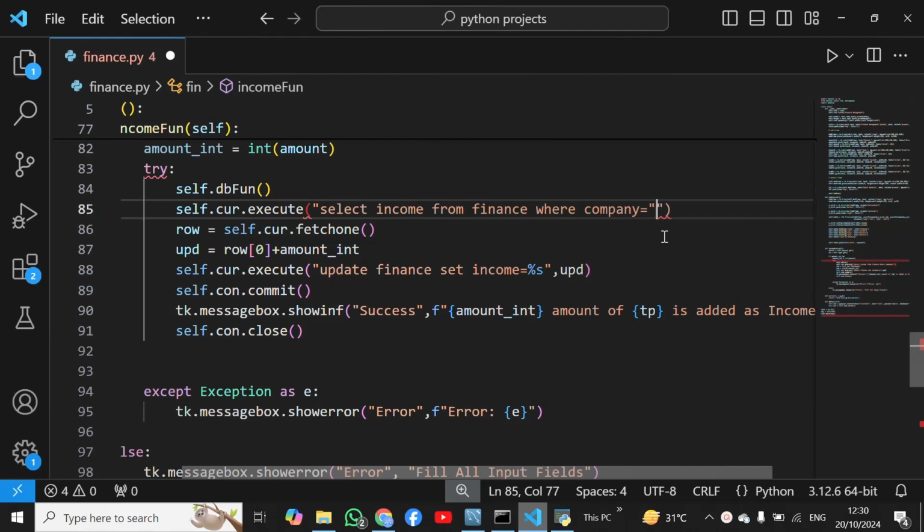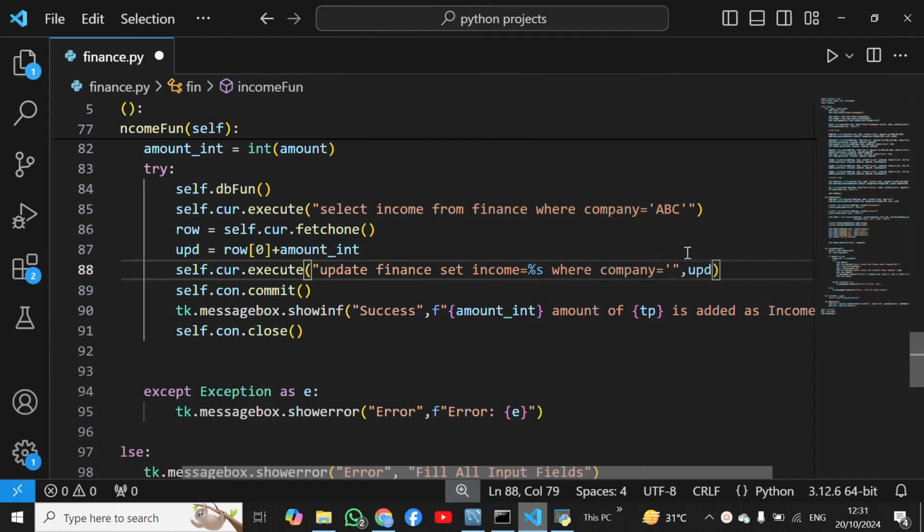So here I will use company ABC. Company is ABC, and here I have to update it, update finance, set income, and here I have to use where, sorry, inside the commas. Where, here I have to use where company is equal, and here I will use the value ABC,